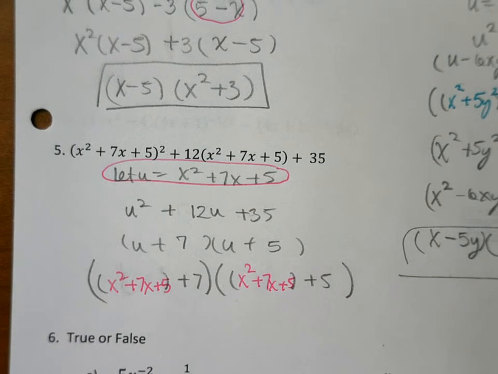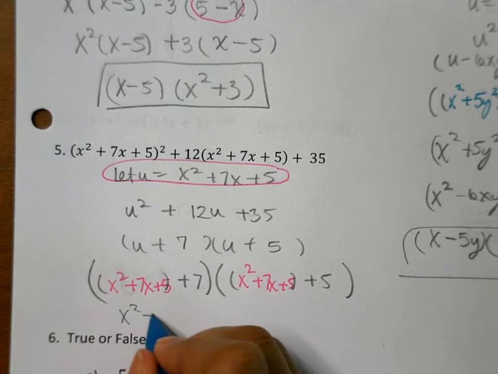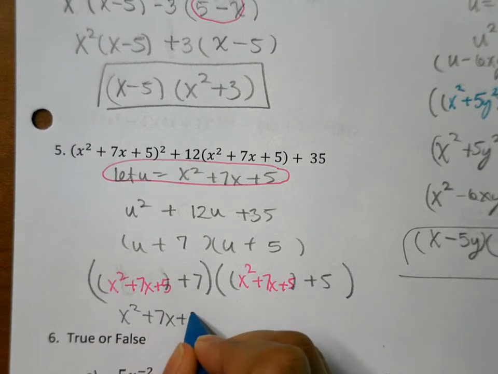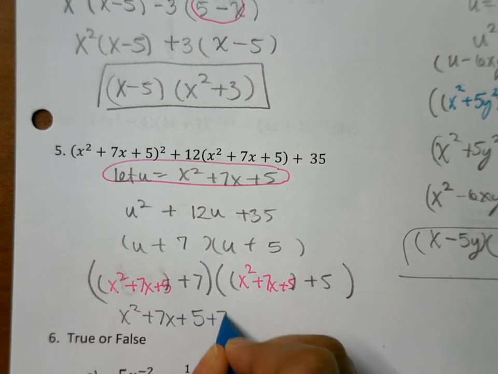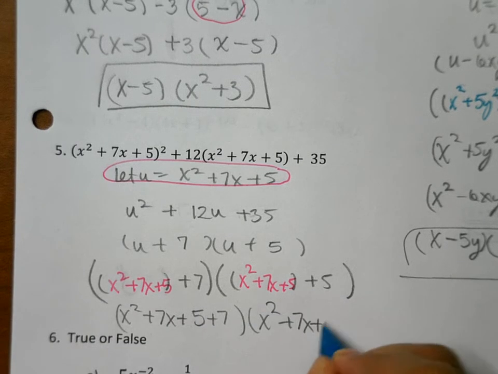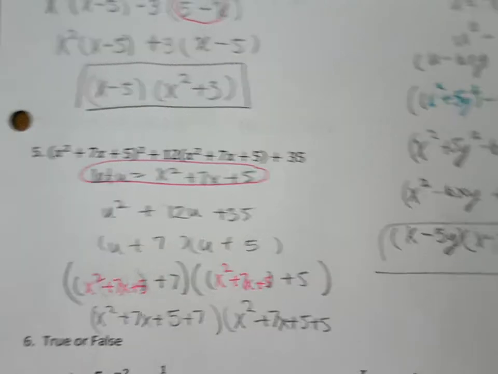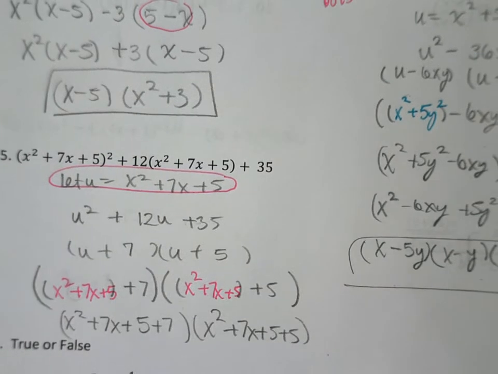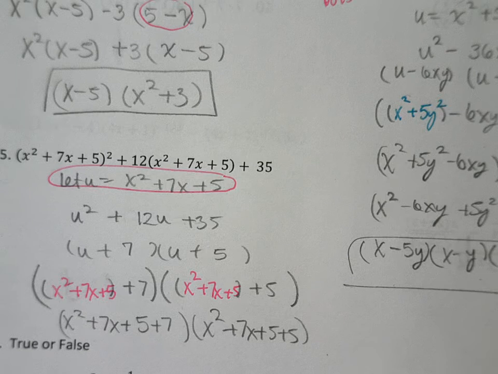X squared plus 7x plus 5. Is there anything to distribute inside either parentheses? No. So what do we do with them? Drop them and then combine like terms. X squared plus 7x plus 12. 5 plus 7 is going to be plus what? 12. Good. X squared plus 7x plus 5 is going to be